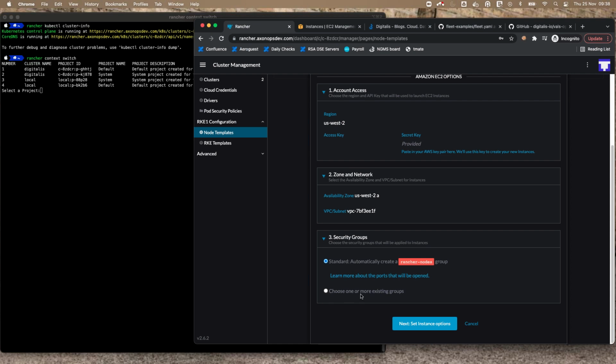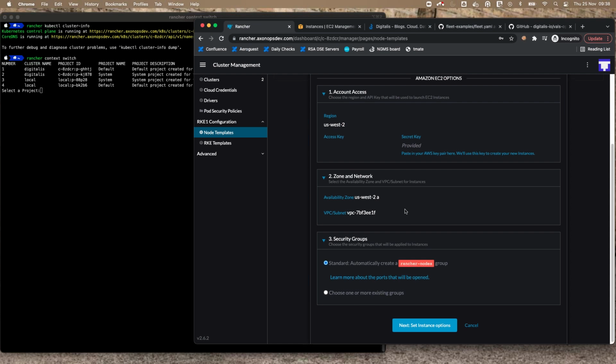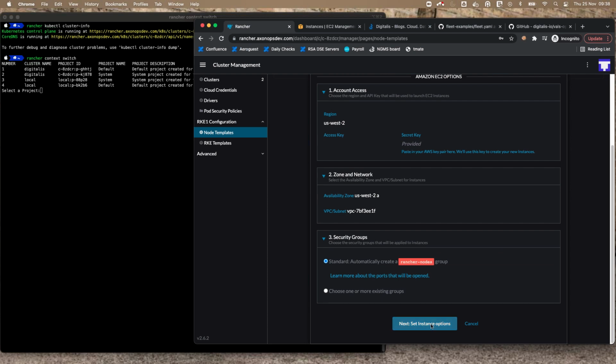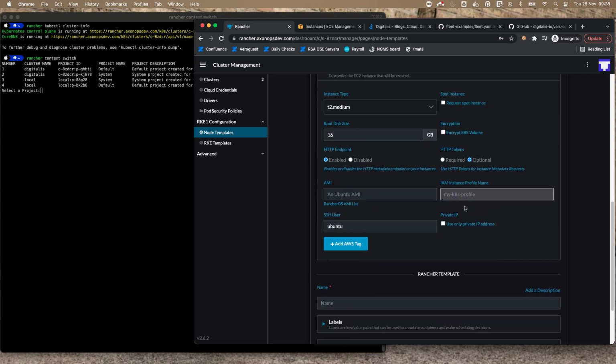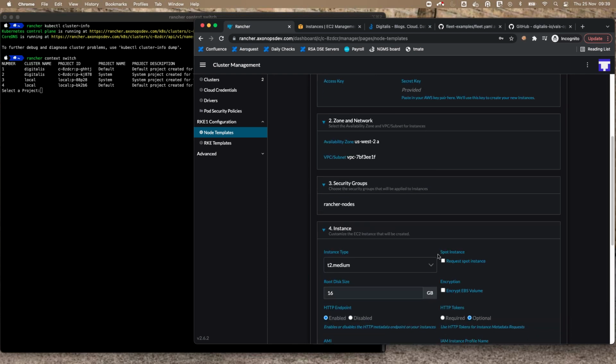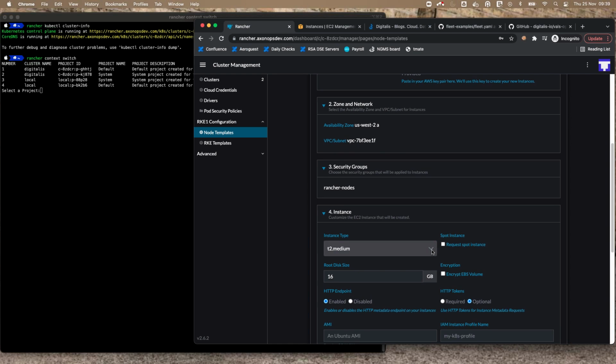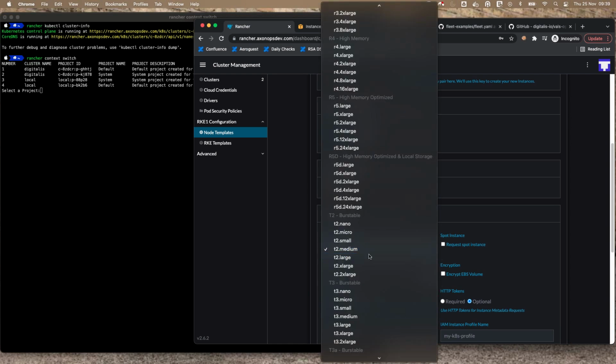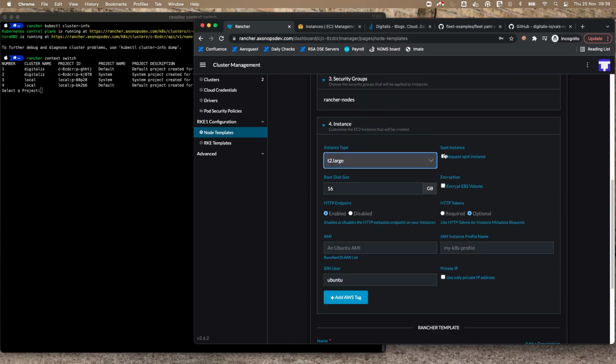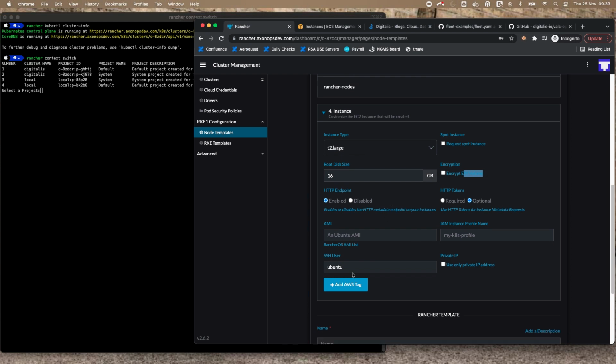So this morning, before the webinar started, I built a cluster already, which is this one you're seeing here, this Digitalis cluster. I only did it because it takes a few minutes, and I didn't want to slow down the pace of the demo. But I can show you now the steps taken to get the cluster very simply.